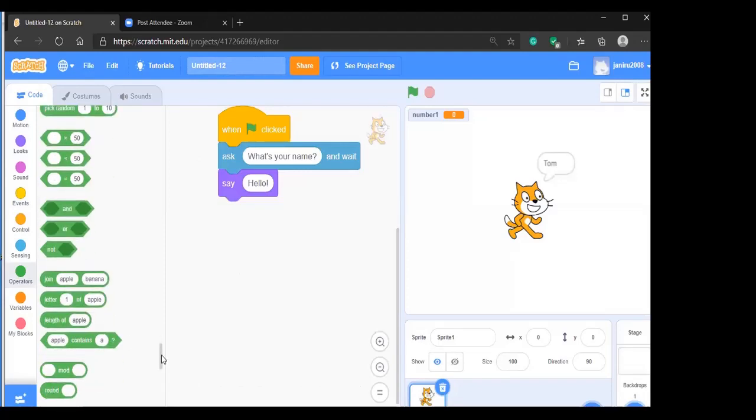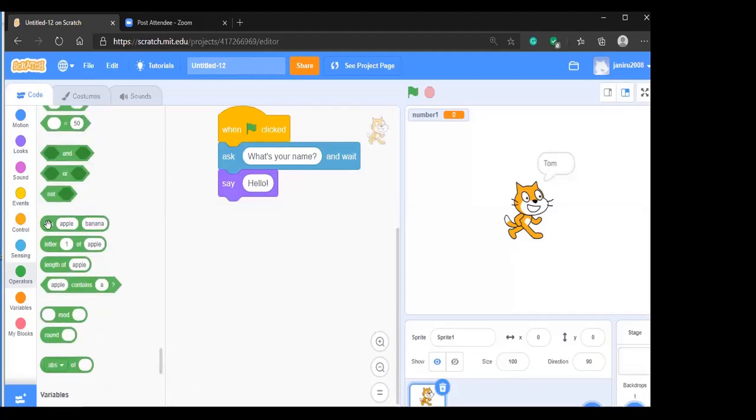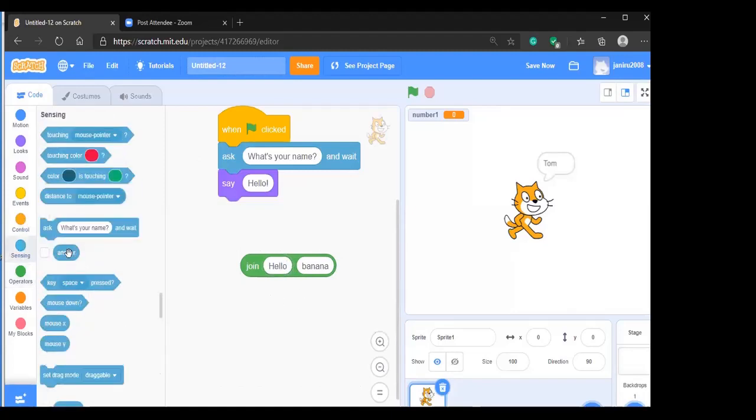We will go one by one, and you can see there is an operator called join. This is what we want to do: join two strings. One is hello, and the other one is the answer. Now we have something similar to the output we need.